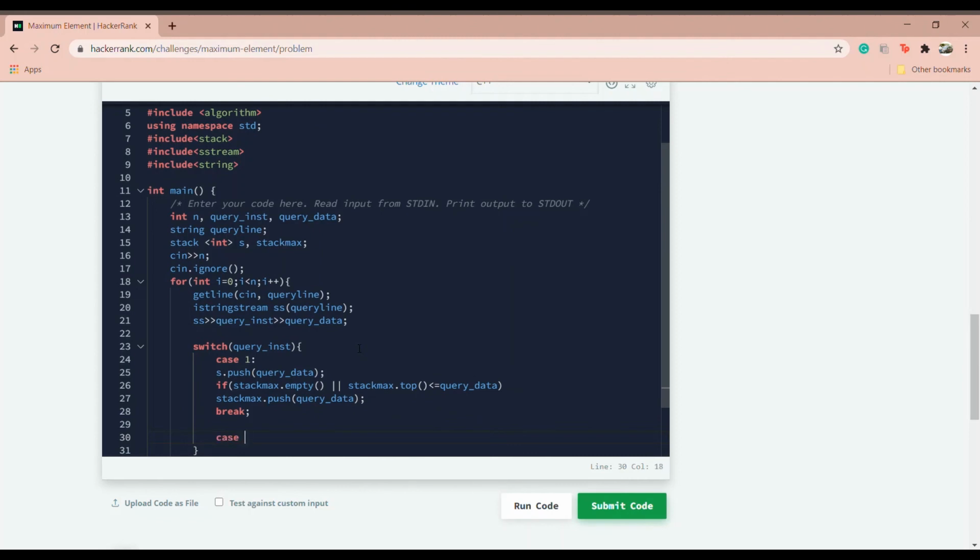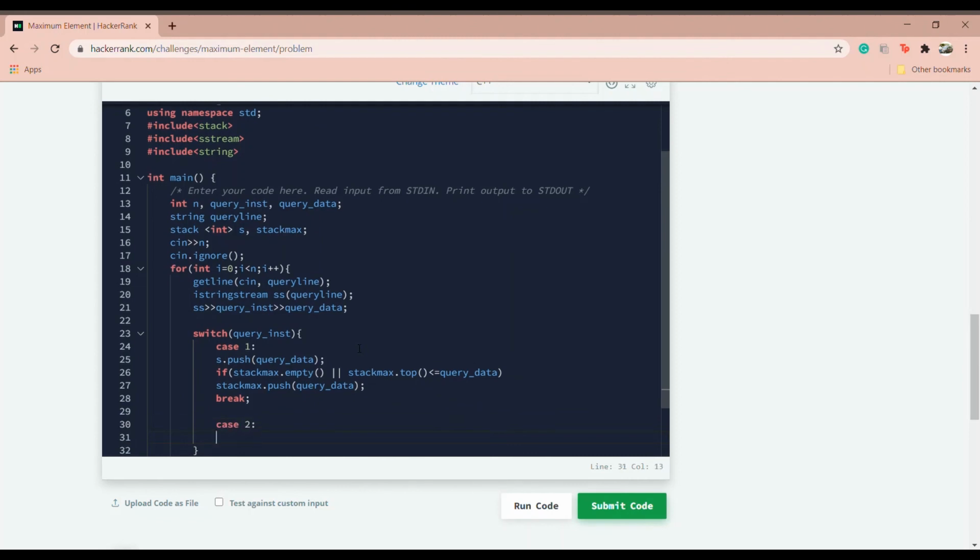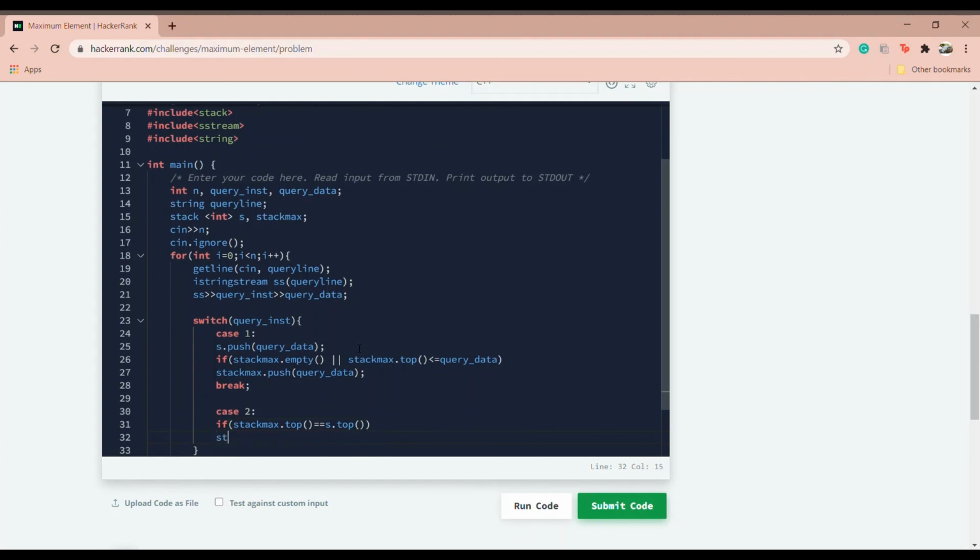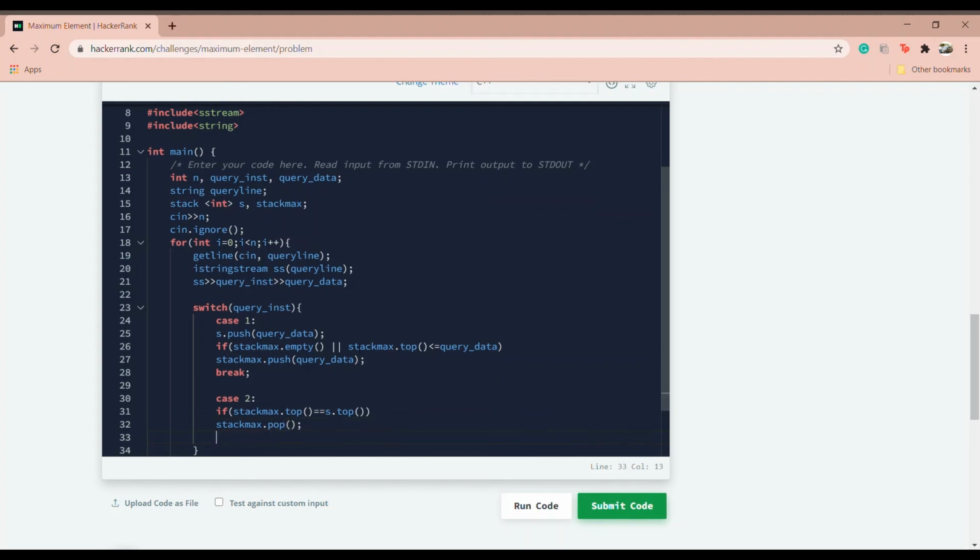Next we have case 2, that is when query instruction is equal to 2, we'll have to pop the element. So if the topmost elements in both the stacks are the same, we will pop it from stackmax, and s.pop will anyway happen.